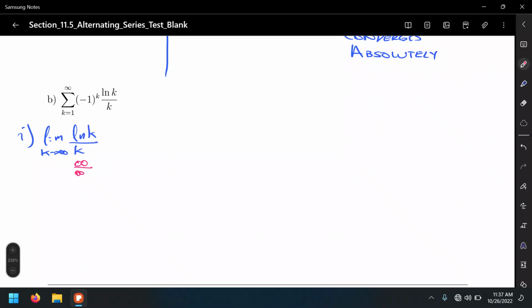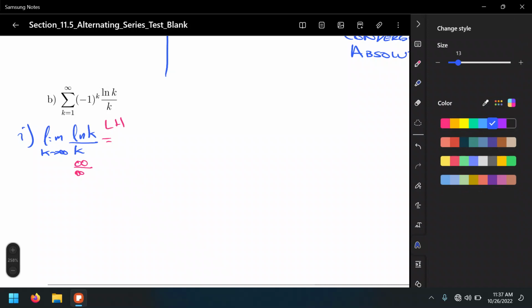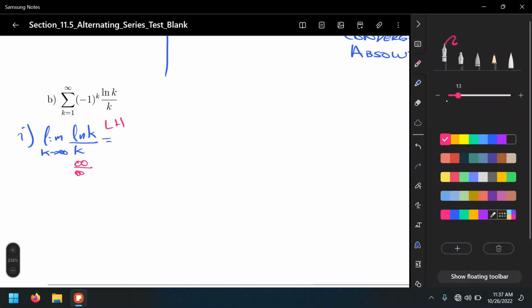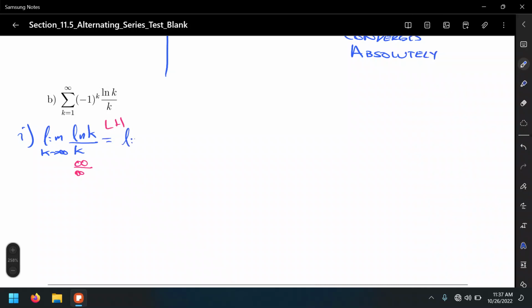So in the meantime, since none of the algebraic techniques work, our plan B for this is L'Hopital's rule. All right, so let's do L'Hopital's rule for that is, limit k approaches infinity, and the derivative of ln of k, that's 1 over k, and the derivative of k is 1, which is really the limit of 1 over k as k approaches infinity, and this limit happens to be 0, which is, well, first condition is satisfied, right? The second condition,